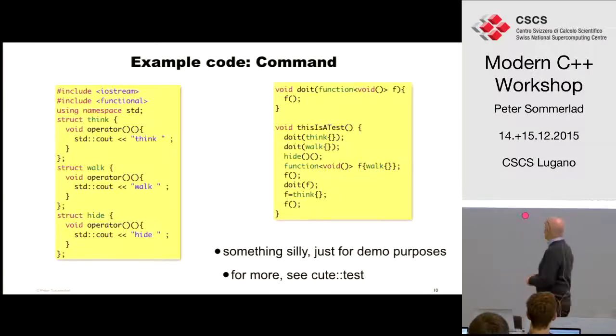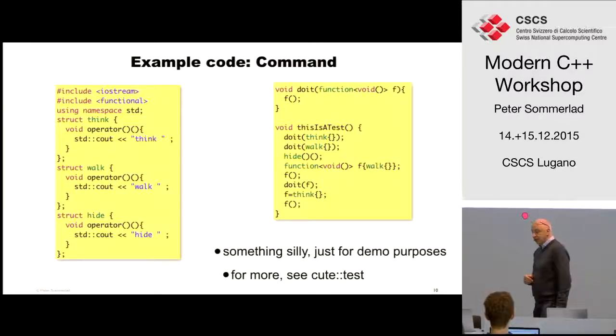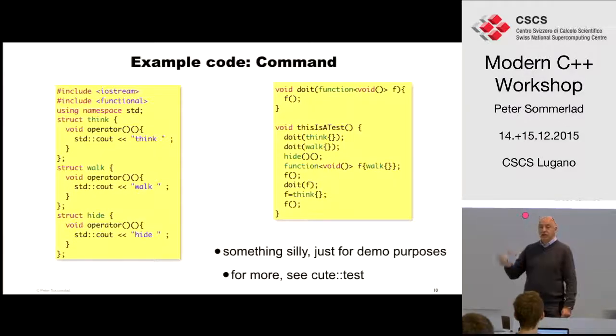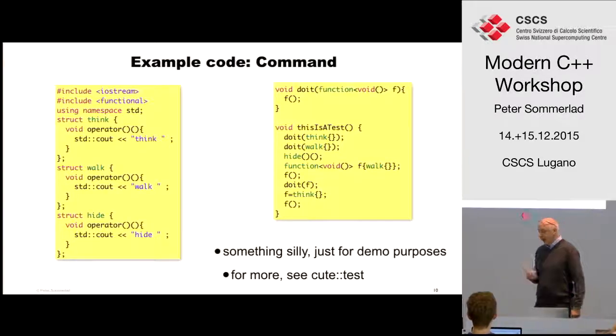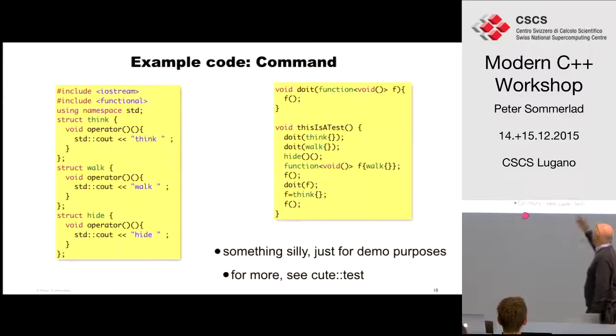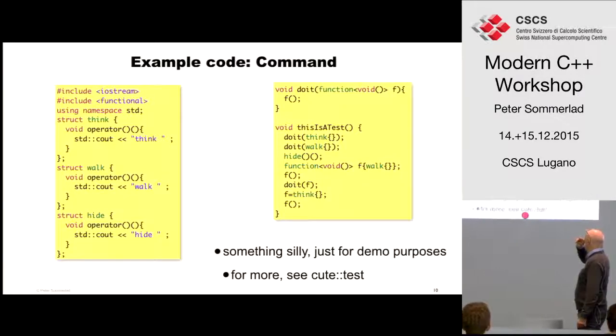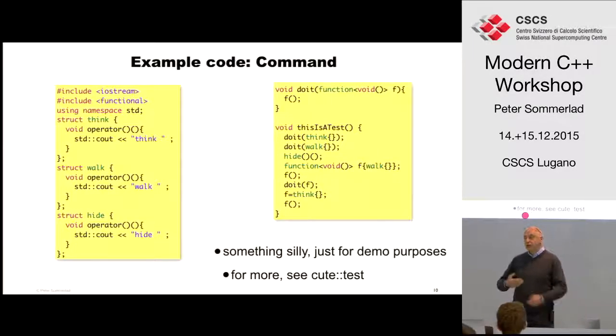And then an execution function, do it, that takes a function object, std function, and just calls that function. The do it function might also log something, like "I'm calling something", or it might do other stuff, but let's just call that. So in this example code, we can create a think object, pass it to do it, and do it will actually call the call operator of the think object.